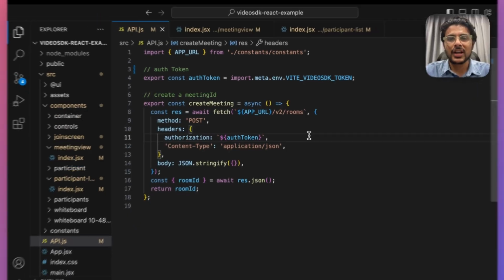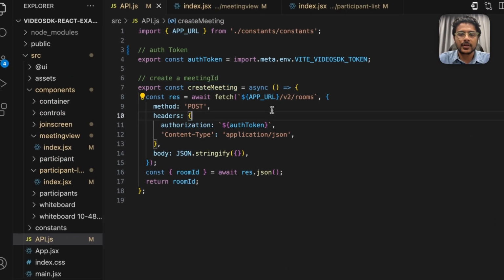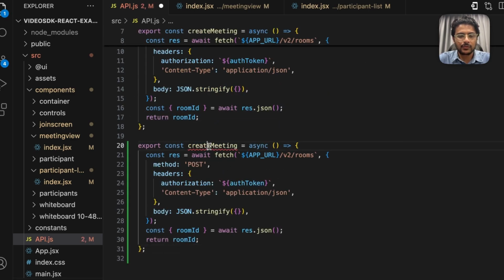The first thing I would like to do is to create functions that can make authorized requests to VideoSDK's endpoint. For example, in this create meeting function, an authorized request is made to the rooms endpoint of VideoSDK. Here, in order to make an authorized request, an authentication token is passed as the authorization header. Alright, so let's copy this function definition and add a function for starting participant